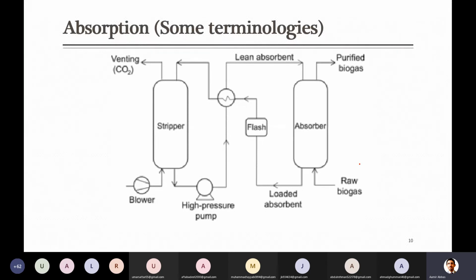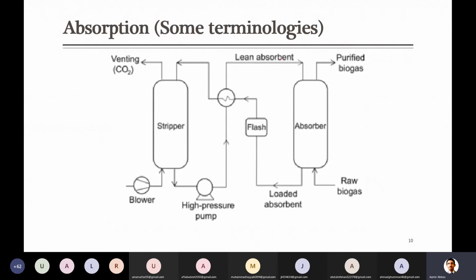In this specific example, we are just talking about the presence of CO2 in the biogas, but generally speaking, there is sulfur also present there. So H2S is also part of this, but here the purpose is to remove CO2 in this example. So in this example, raw biogas enters the absorption column. In this absorber, in order to remove some of the components, and as I mentioned, the purpose here is to remove CO2 from this gas.